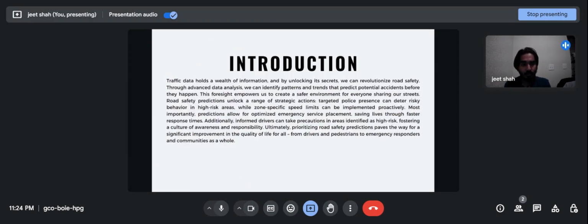Let's dive into the topic. Imagine our roads as a safe and efficient network for everyone to connect from one place to another. Data analysis is a very important tool that we can use to make sure that the roads and the traffic on it are safe, and we have a massive amount of traffic data with us, and it's just like raw